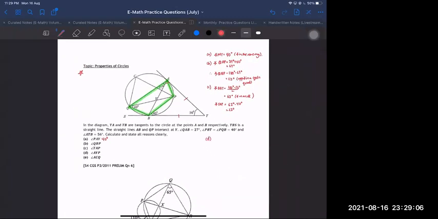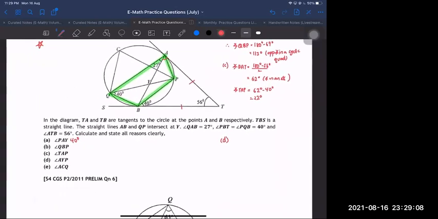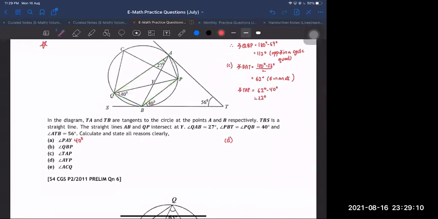The question is asking you for AYP. So let's do that. You're looking for this. How do I find that? Now we can first find angle QBA, sorry. We can find this angle first. So angle QBA is equal to 113 degrees